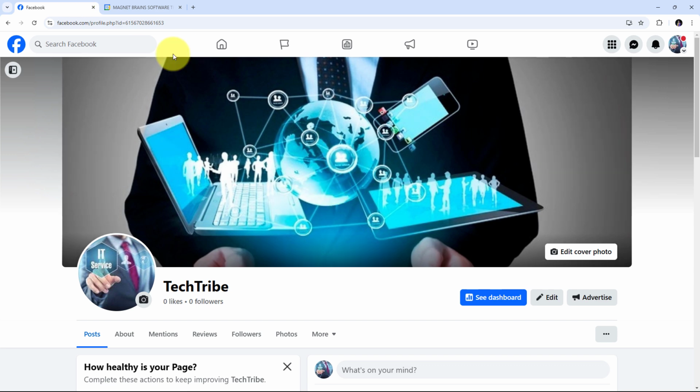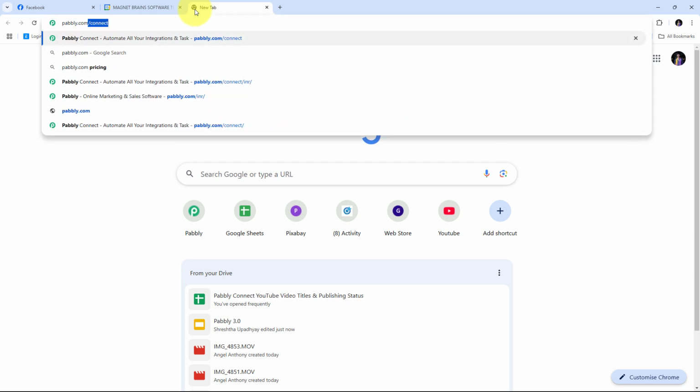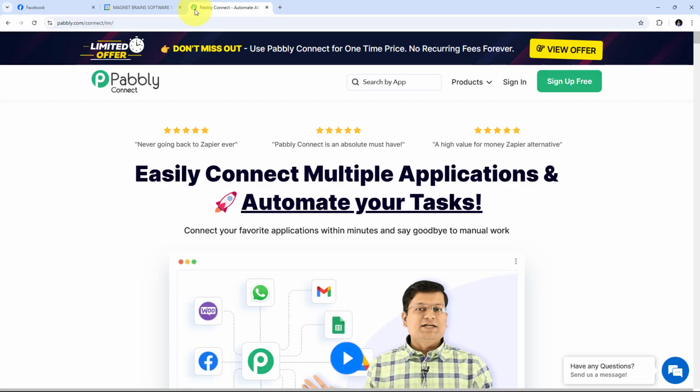So what I need to do is use Pabbly Connect, and for that I need to open a new tab and search for pabbly.com/connect in my browser. And it will take us to this landing page of Pabbly Connect. Here on the landing page, I have these two options of sign in and sign up for free. If you don't have an account with Pabbly Connect, then you can just click on this sign up for free button, and this will take only 2 minutes of your time and you will get 100 free tasks every month. Or if you already have an account or you are an existing user, then you can just click on sign in